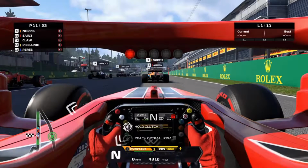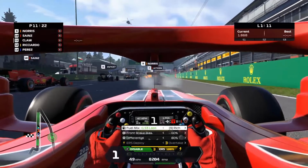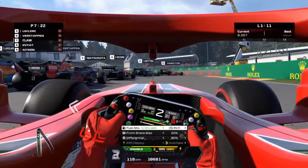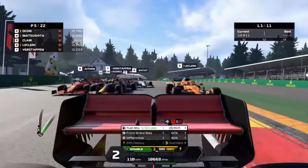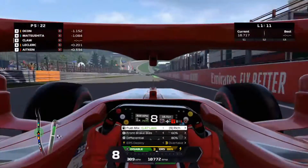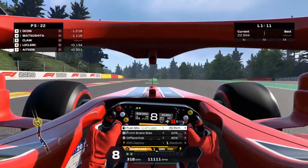So here we are lined up down in P11, which is, well, we definitely haven't qualified this far down in some time. I'm pretty sure the worst qualifying in recent memory is around P7, I think. So I guess kind of close to P7, but still even further down, but down the inside all the way up to P5. Some contact over there. To be honest, looking back at that, I should have definitely put on the brakes and let off the throttle for just a little bit more. But well,